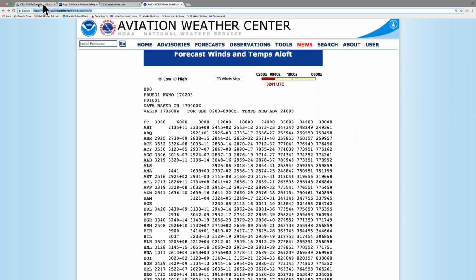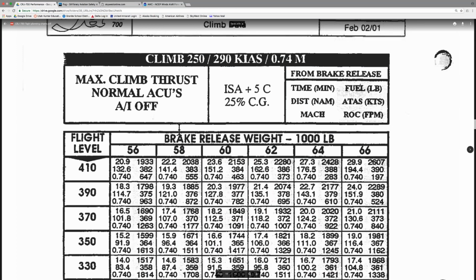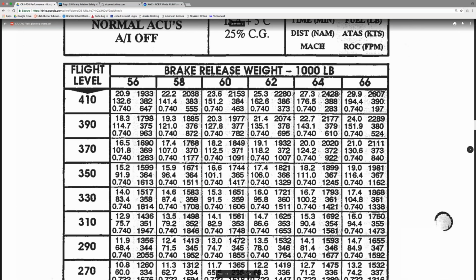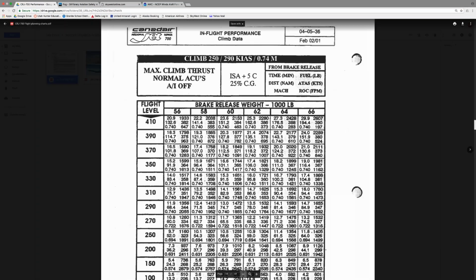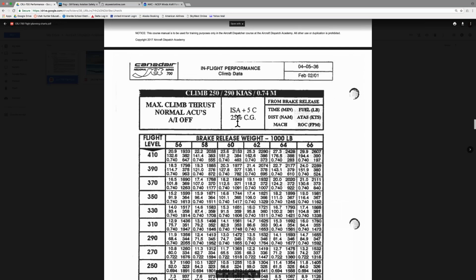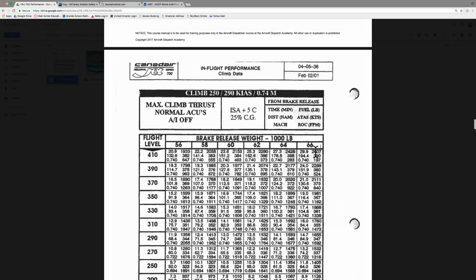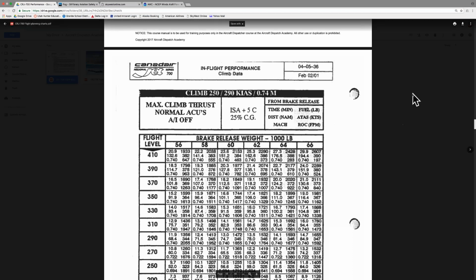Let me open them up again. Oh, hey, there we are. It's in your face and everything. Okay, let's look at what happens. Let's just take this very top right box, 66,000 pounds, 41,000 feet. Let's look at our fuel burn, okay? Our fuel burn is this top number right here in the corner.